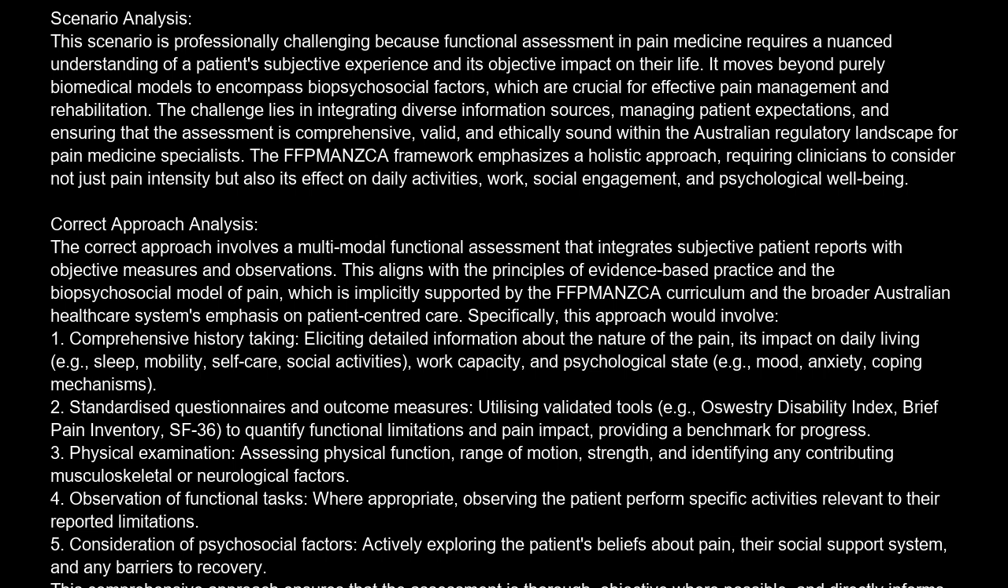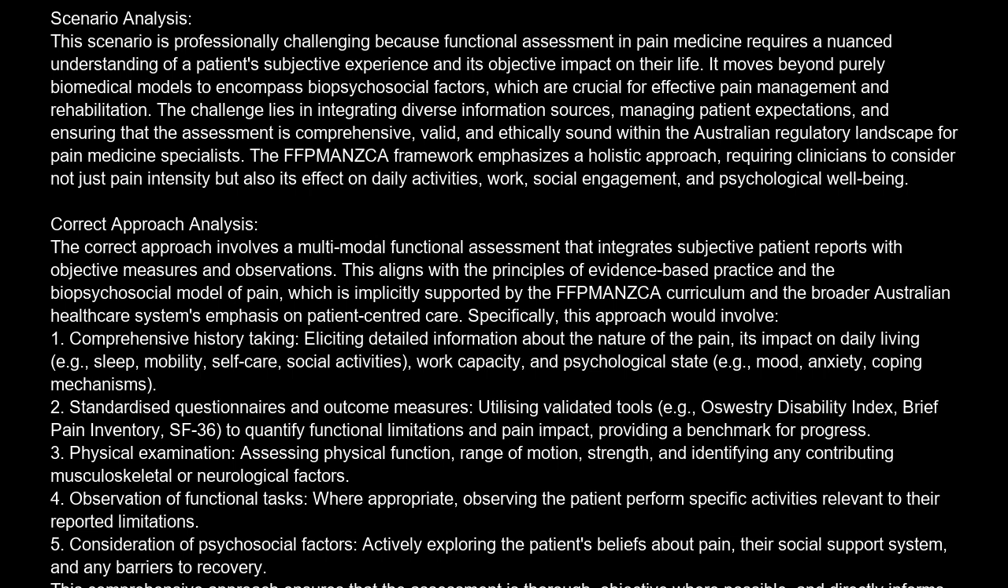Correct approach analysis. The correct approach involves a multimodal functional assessment that integrates subjective patient reports with objective measures and observations. This aligns with the principles of evidence-based practice and the biopsychosocial model of pain, which is implicitly supported by the FFP-Manska curriculum and the broader Australian healthcare system's emphasis on patient-centered care. Specifically, this approach would involve: